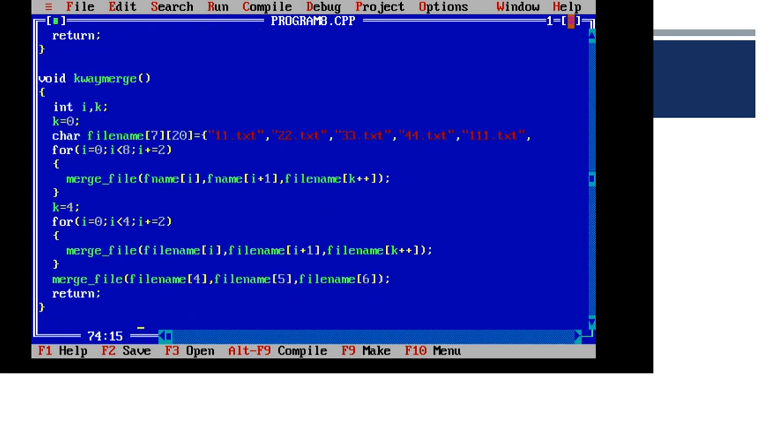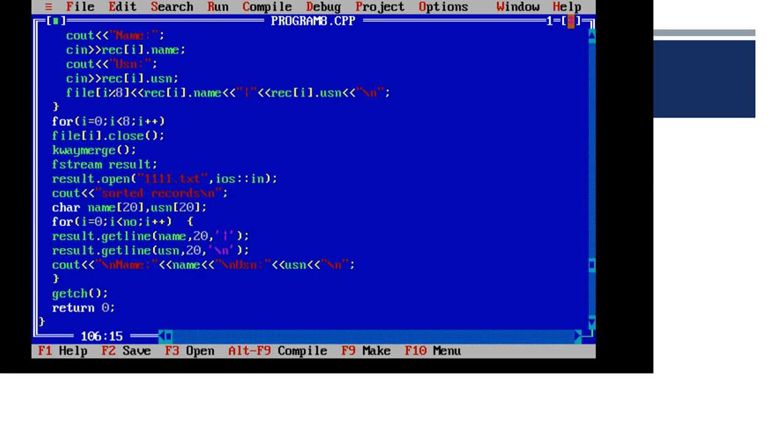This way it processes and produces the result in order. In the final block, data is read line by line, and the name of the student and the USN will be recorded and displayed to the users.